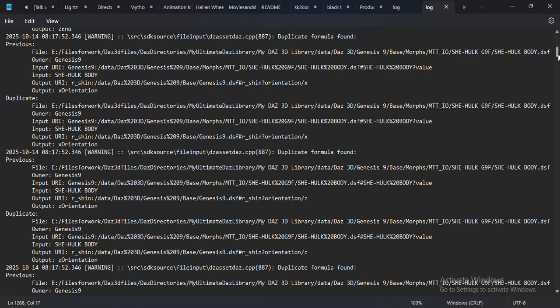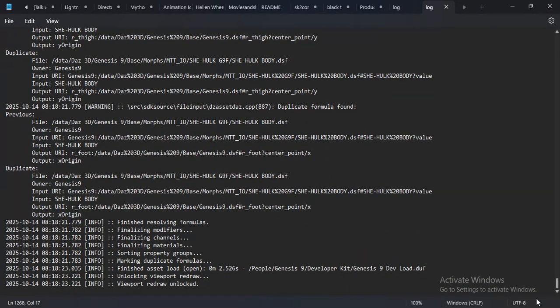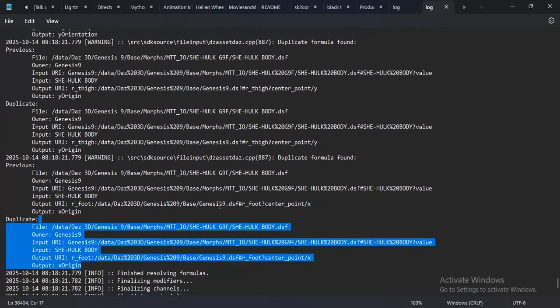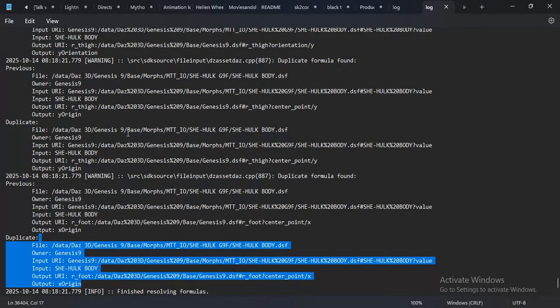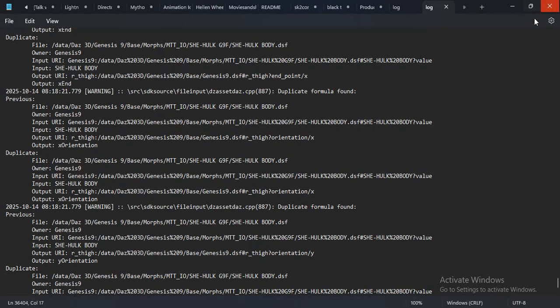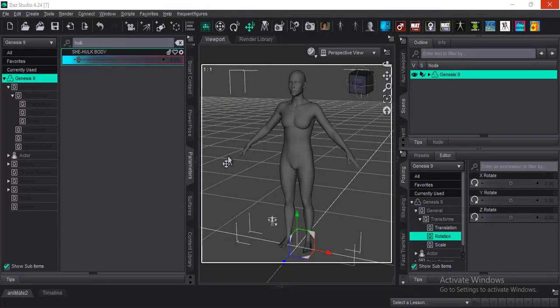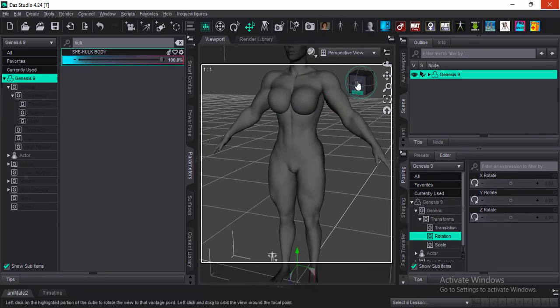Let's try scrolling down. Okay, so from here we've got two options. Either we look for the two different directories that showcase the duplicate and then we delete one of the duplicates. Or alternatively, what we can do, right, we set this morph to 100%,